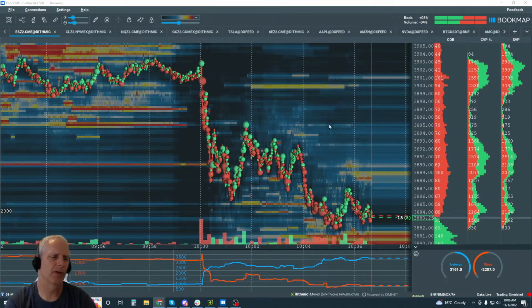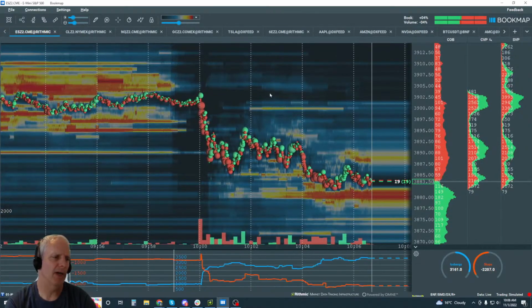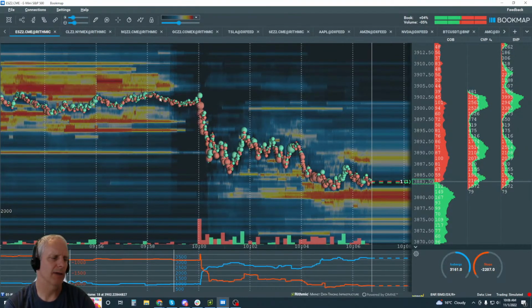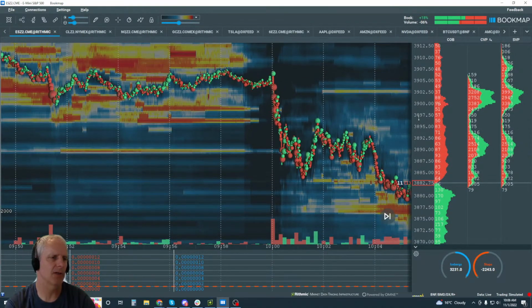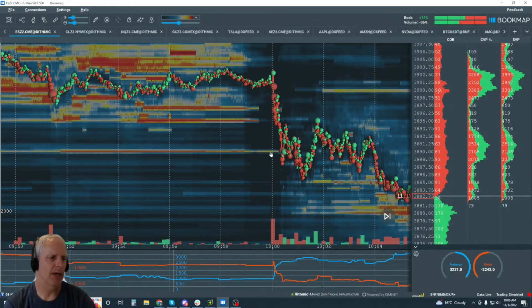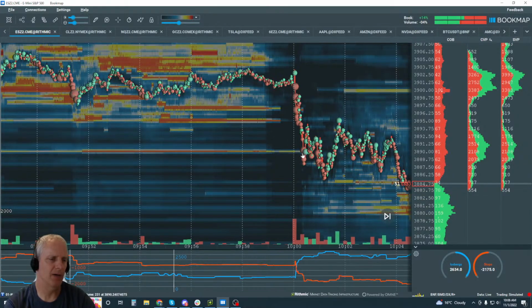And here's the result. Right away, look at the liquidity in here, guys. You just can't make this stuff up. Now, we had a bit of a pause down here and a little bit of a bump, a pullback. Well, the market knows there's liquidity here. It trades into it down here at this 3890 level, below the figure 3900, and we get a bounce. Where does the bounce come back to? These areas of liquidity in here.